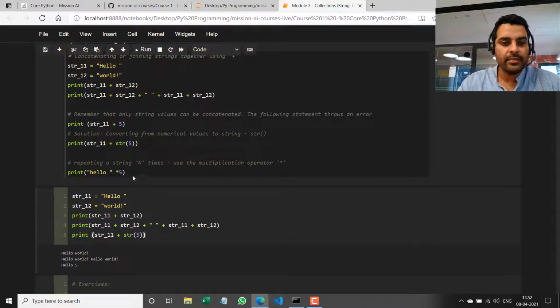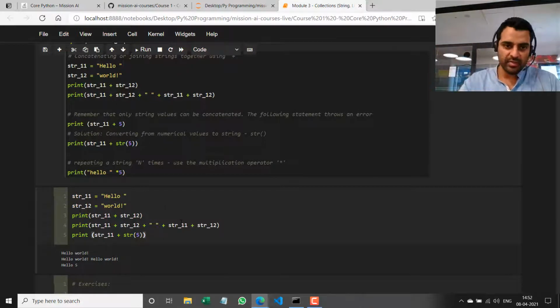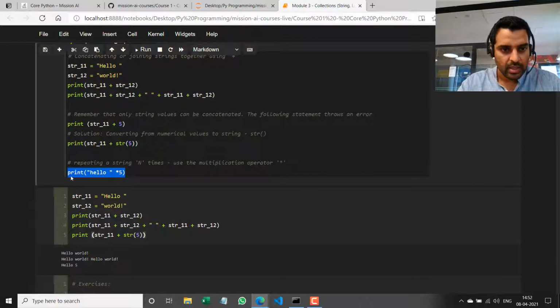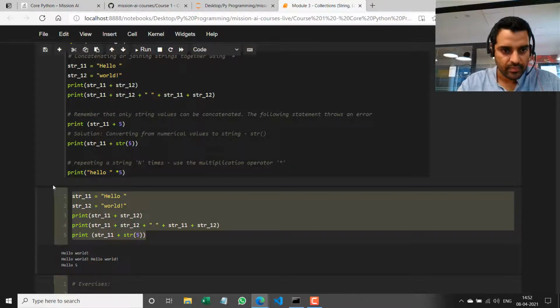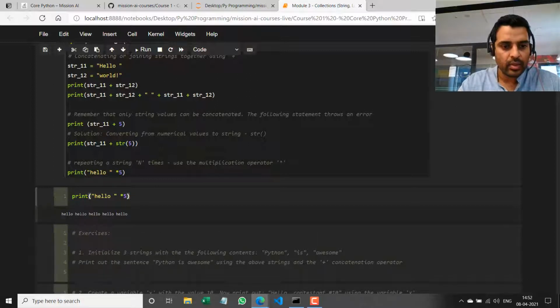And finally, you can also use a multiplication operator on a string, and it repeats the string n number of times. How many ever times? If you do string multiplied by 5, it will repeat the string 5 times. Like for example, if I say print hello into 5, it will say hello 5 times,